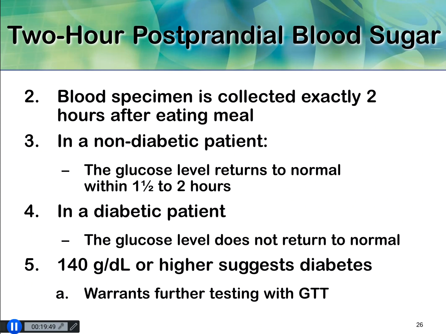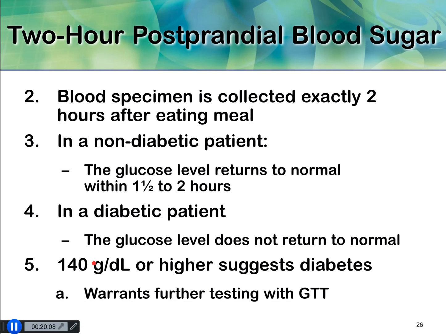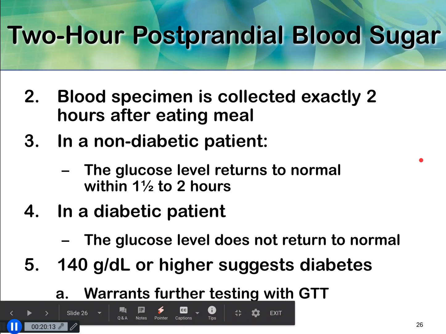Normal people can process all of that within 1.5 to 2 hours. In a diabetic patient, though, they're unable to do that, so the glucose level is not normal. It's still going to be very high, probably over 140 milligrams per deciliter. And so that would suggest diabetes and would probably warrant further testing,